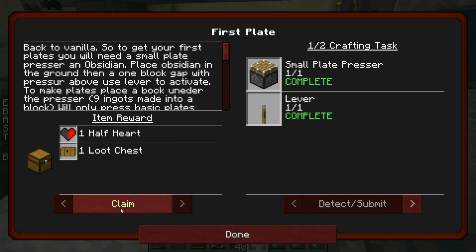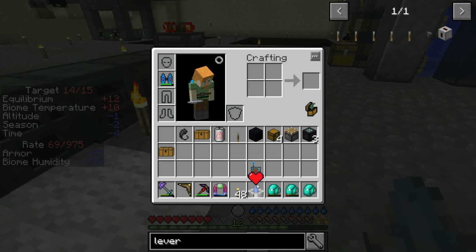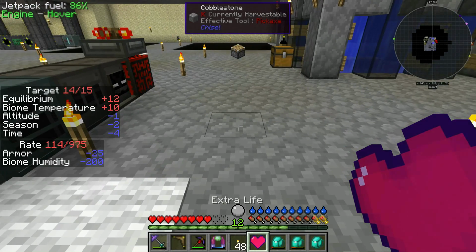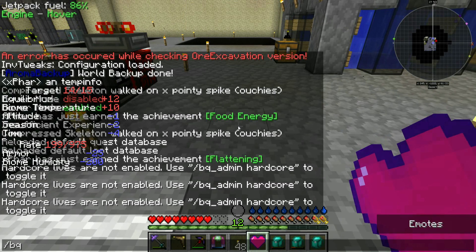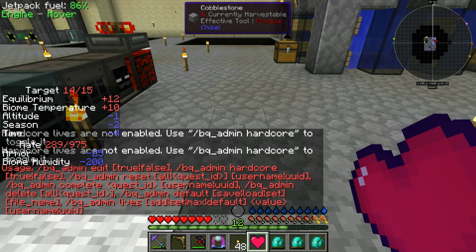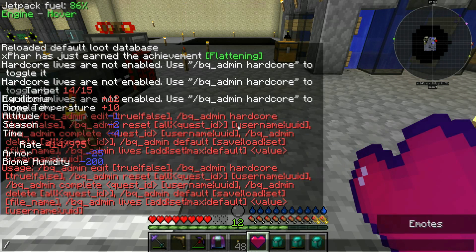And we're going to take, well, we have 2 half hearts now. Oh, guys, this is amazing. We're back to 7 life. What the? No. Thank God I didn't die at any time. So it means that whenever you upgrade...